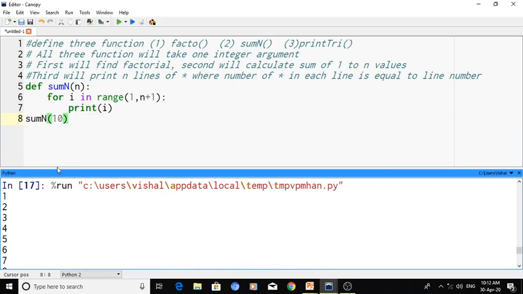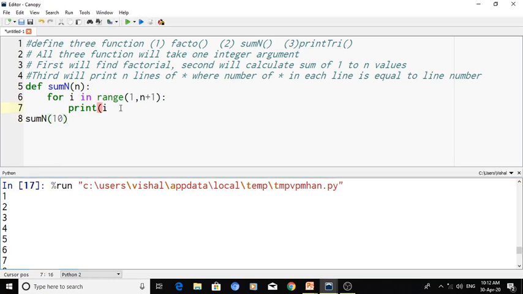So now we will modify this program. In place of print, I will write total is equal to total plus i. Now this is the technique.